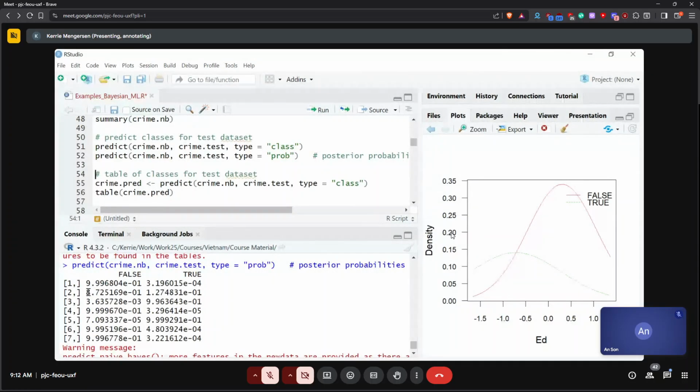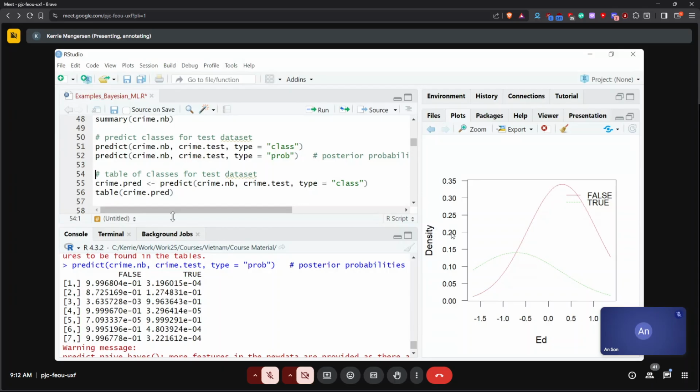The second one, very, very strong chance of being false. The third one, very strong chance of being true. The fourth one here is also very strong being false, etc. So you can see that these are the sort of results I get.